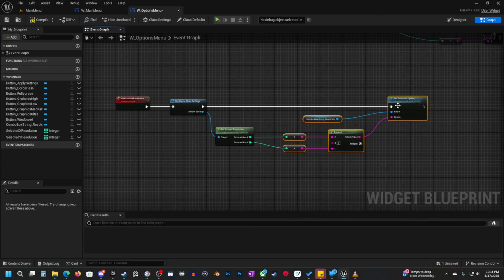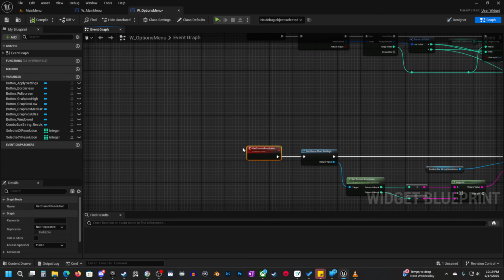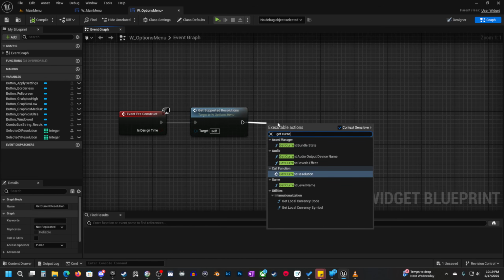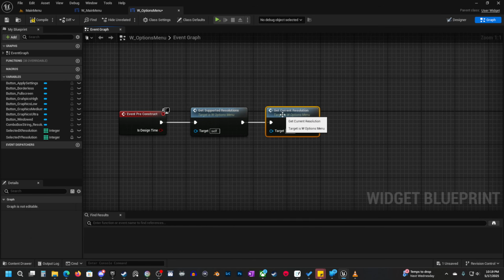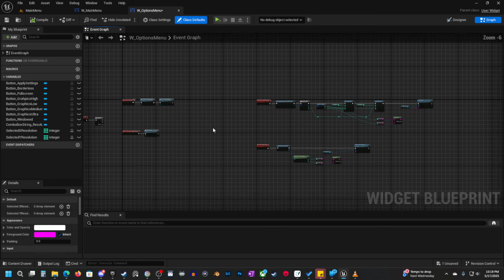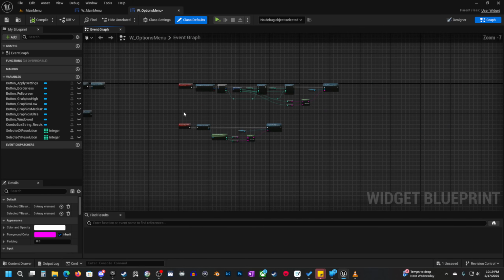Okay. And then we can run get current resolution right after. Compile, and now if we did that right, there we go. So now that's showing our current resolution. Okay. So I think we are good with that. All right, the next thing,